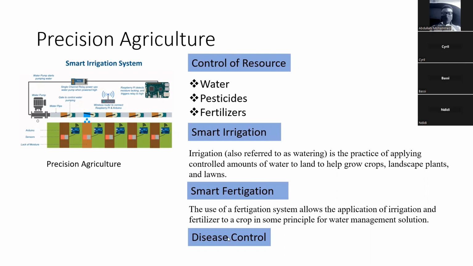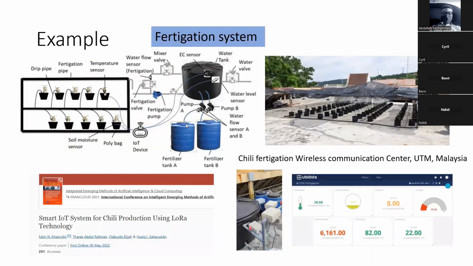Okay. Then, of course, another area of precision agriculture is disease control. So, application of insecticides or pesticides. Instead of just spraying anyhow, with IoT and other technologies, you can precisely detect areas that have diseases and just treat those affected areas. All right. So, these are some of the examples of